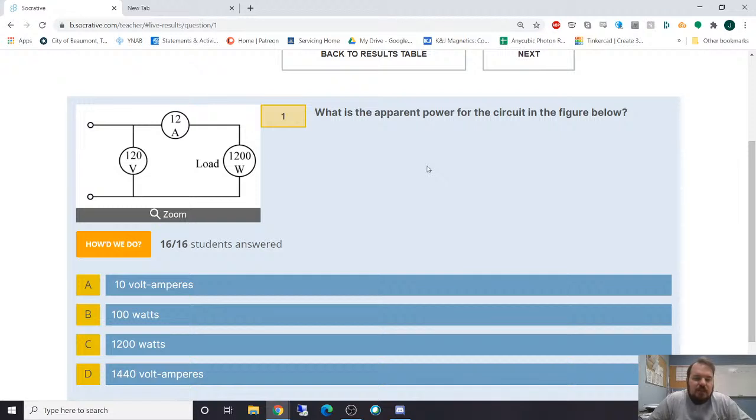Okay. So we have 120 volts, 12 amps, and 1200 watts. Well, the apparent power is going to be the total power in the circuit. We have 120 volts being provided to this circuit, and then 12 amps flowing in the circuit. So apparent power is just,